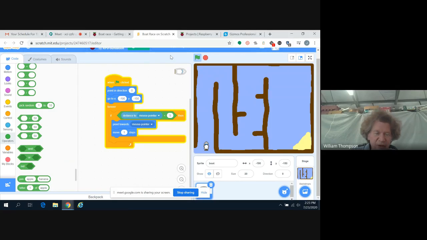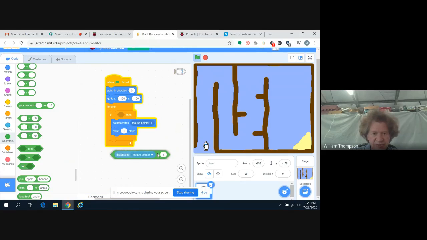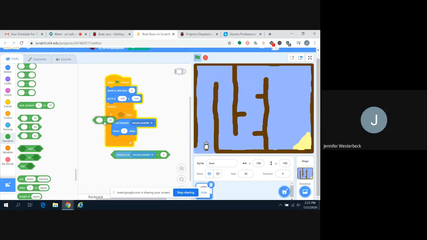I think that yellow outline is just how it displays your code. So everything looks good to me. The only thing is, I think you want to change the green box. Right now it's a less than 5. So you want to change it to be a greater than 5, because right now it would only move if it was kind of right on your mouse, and that's when we want it to stop. Right.